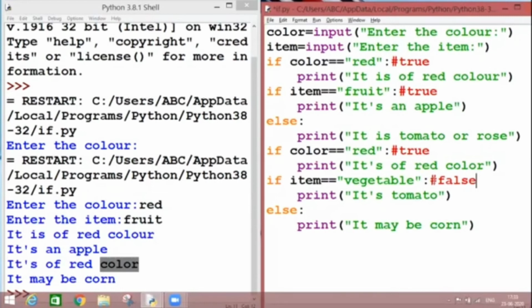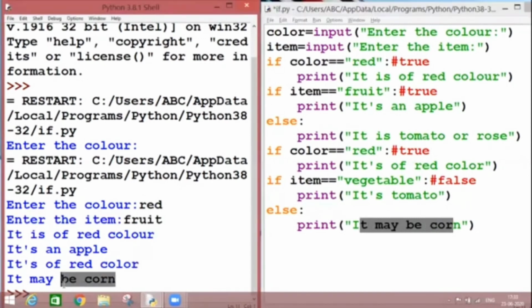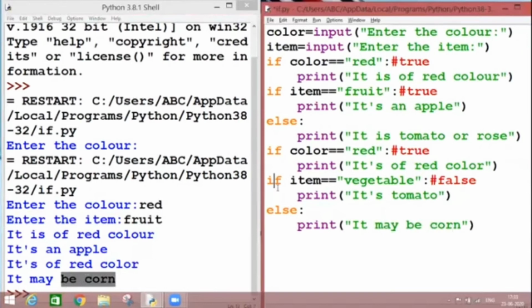So "it's tomato" will not print onto the screen, but in place of that, "it may be a corn" will be printed, which is here. So in this program, as we are comparing the values again and again, I am getting more than one or two outputs together onto my output screen.